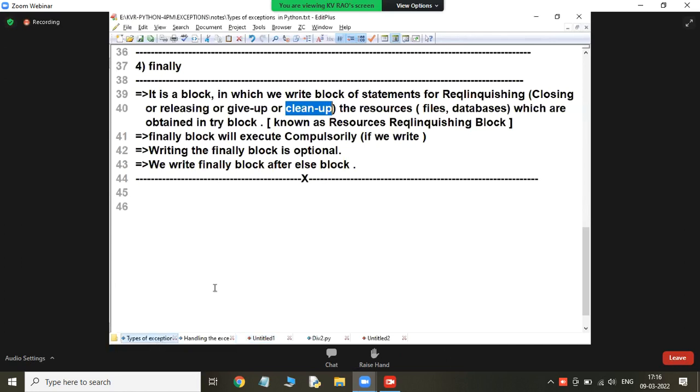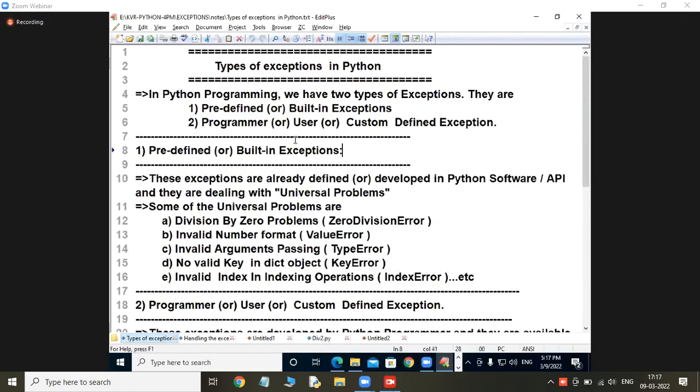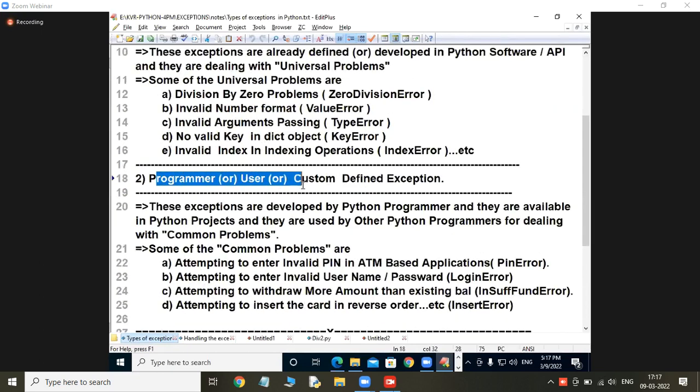What are the types of exceptions, ma? How many types of exceptions? One is called what? Predefined, and that is what we are discussing so far. Myself only told you we are entering into where? Programmer defined. Still I did not enter into programmer defined. Kalyan Kumar, when I come to that, definitely I will take your request.